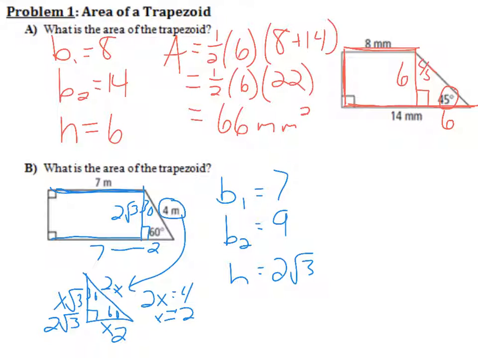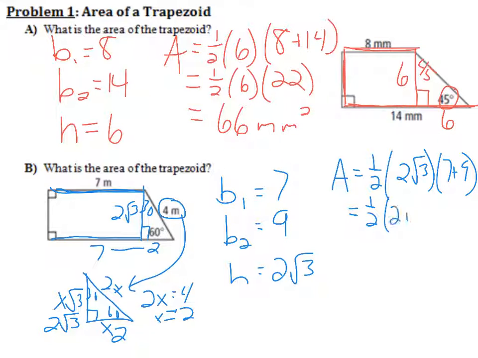So now when I go to write my area formula, 1/2 times my height, 2 square roots of 3, times the sum of the two bases, 7 plus 9. Now when I add the two bases together, I get 16. When I multiply these together, if I want to leave it as a radical, I can take 1/2 times 2 times 16, giving me 16 square roots of 3